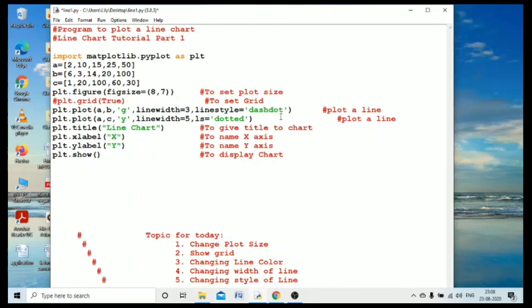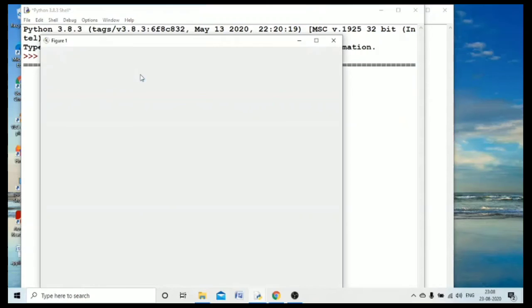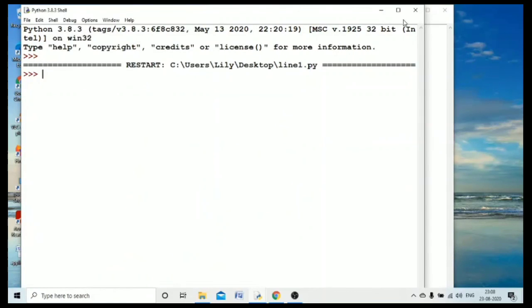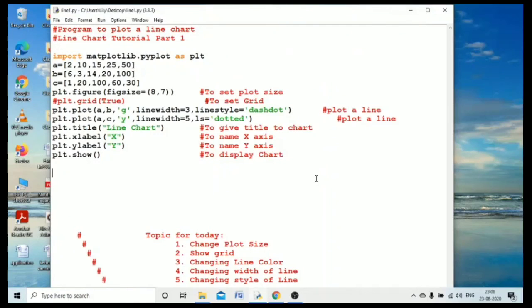I have already shown you dashed, so let me make it dash dot this time. Okay, now it's done, you can see. So the first line is dash dot with dark green color and the other one is dotted. Okay, so there are 4 styles of a line: solid, dash, dotted, and dash dot. So this was all about styling a line.